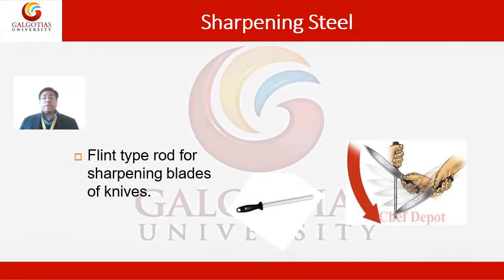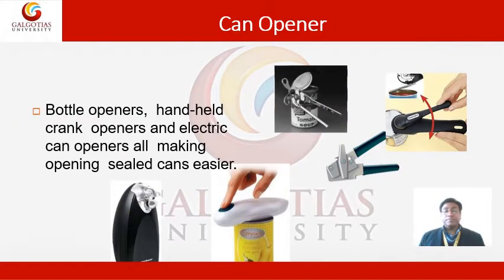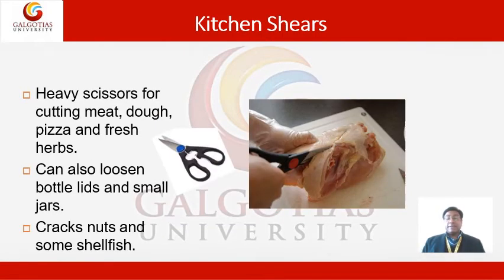When the knife is used continuously, generally the edges become blunt. So to hone or straighten the edges after it has been sharpened, we use this steel for honing the chef's knife. And then we have a can opener. Various types of can opener are there. There can be a can opener installed on the desktop or the tabletop. There can be an electric can opener as well. So there are different types of can opener for opening cans.